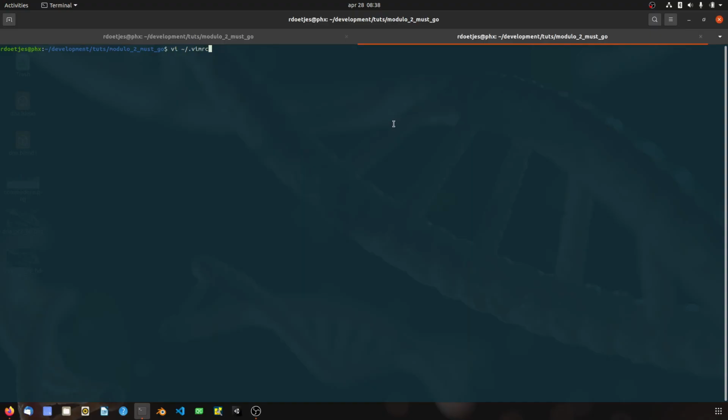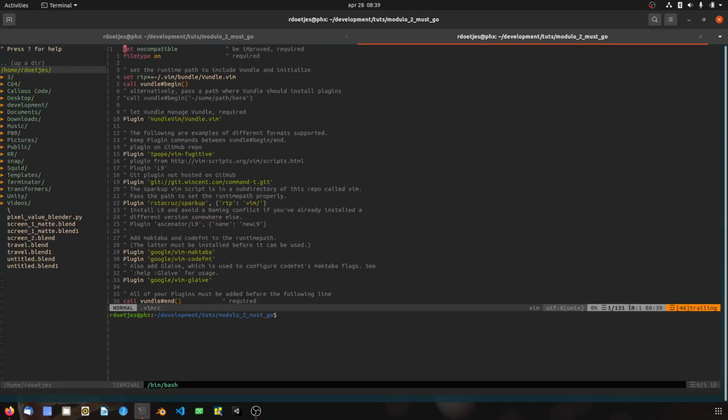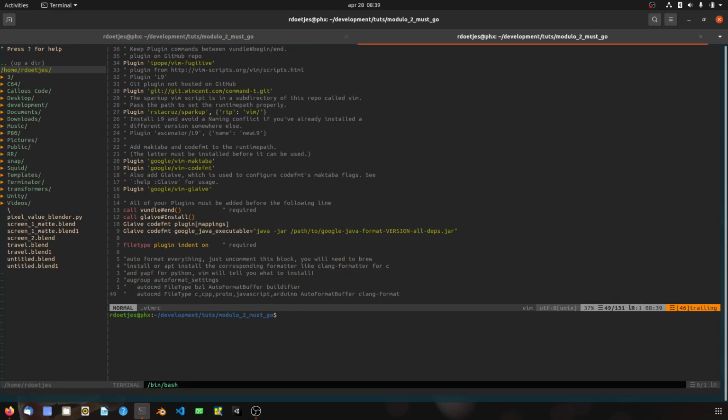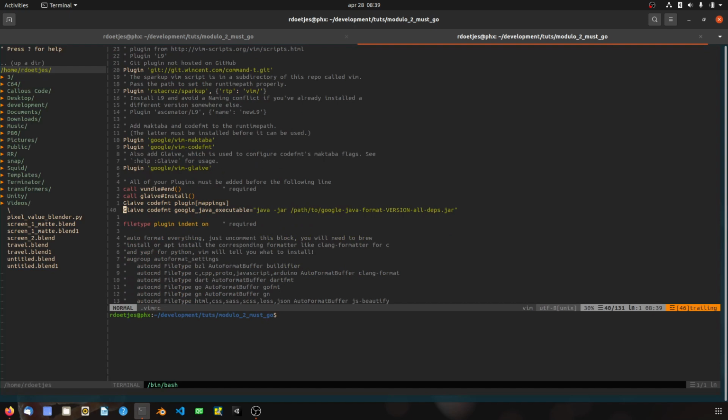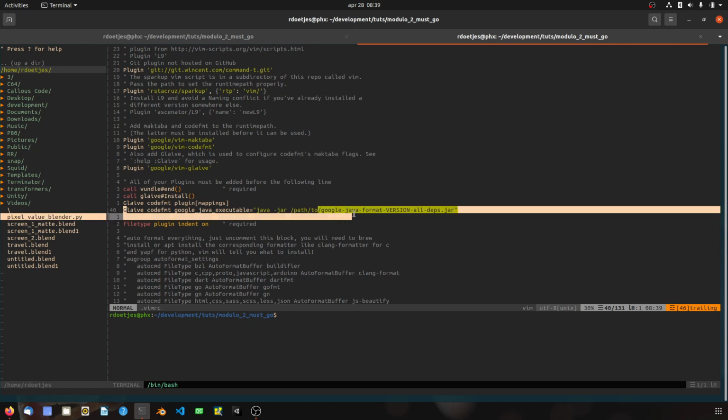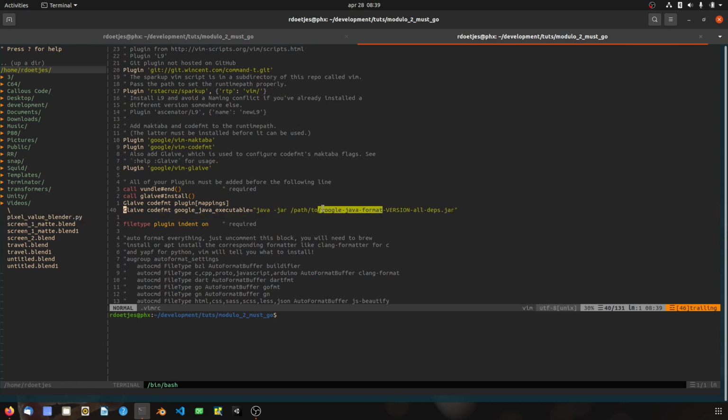Now let me show you what is in there, bearing in mind that I'm a very mediocre Vi user. So let's have a look at our .vimrc file. There may be some configuration changes that you need to make for your operating system. First and foremost is if you want Java code formatting, you would need to install Google Java Format and put the complete